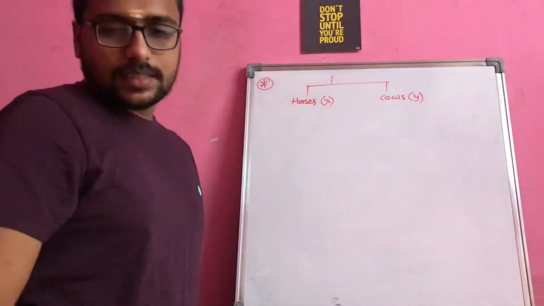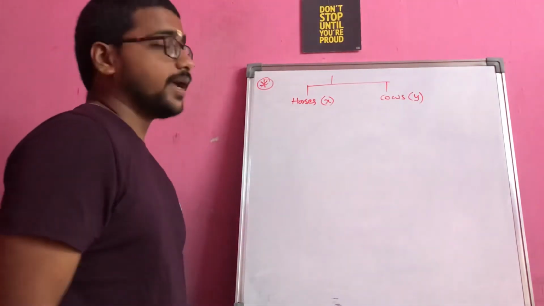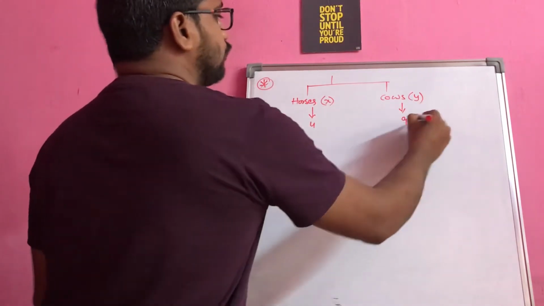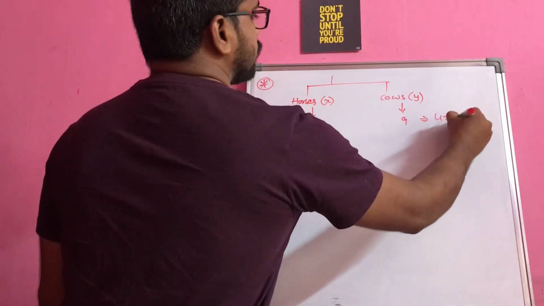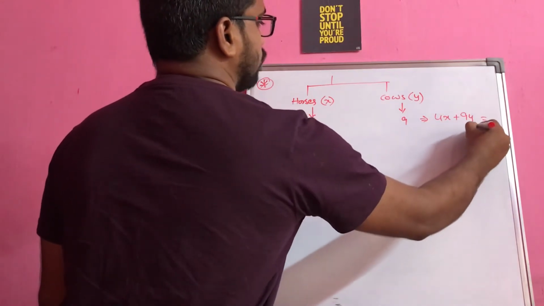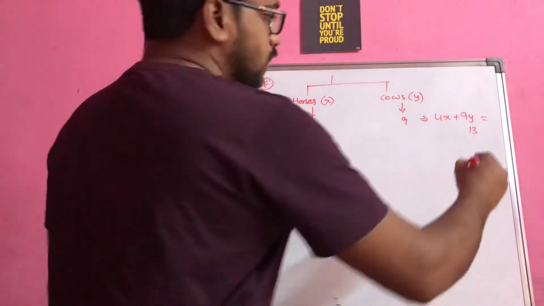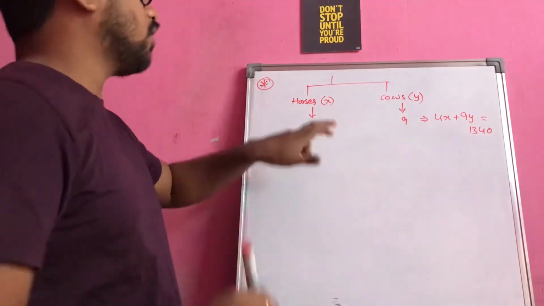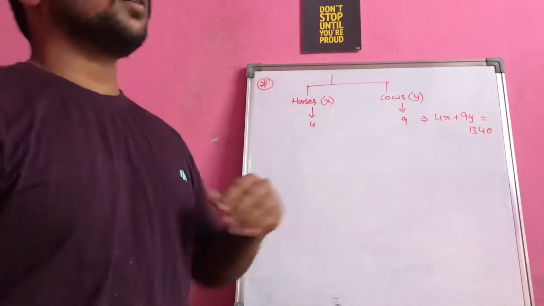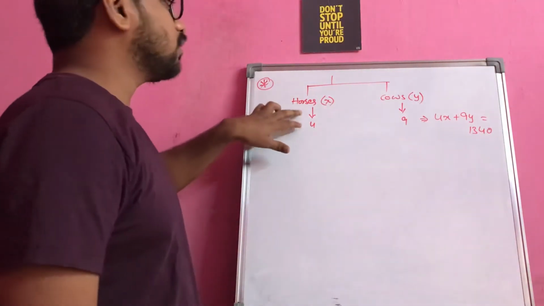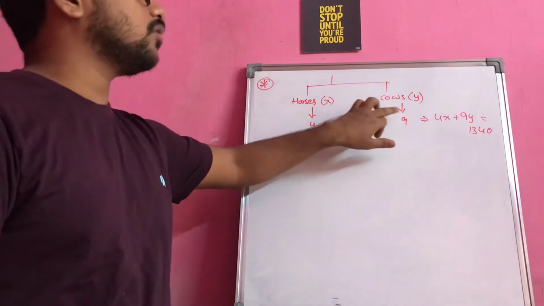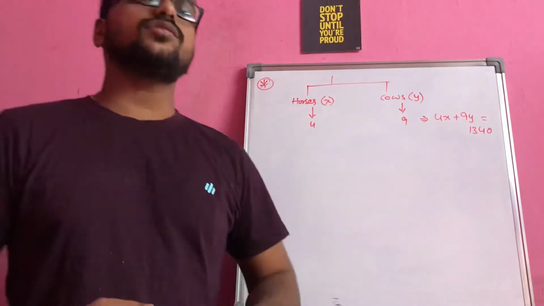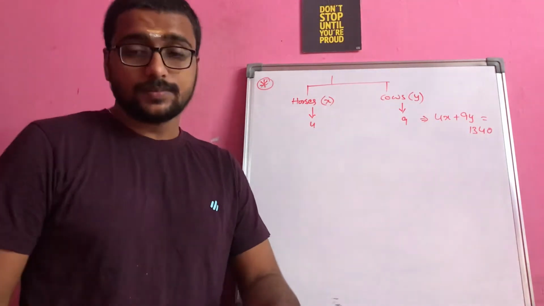What is the first condition they are saying? Has bought 4 horses and 9 cows. So that means 4 and then this is 9. So from this the corresponding equation will become 4x plus 9y is equal to some amount they had given, that is 1340. Right? So as each horse costs x rupees, each cow costs y rupees, to buy the horses he has to pay 4x amount, to buy the cows he has to pay 9y amount. So total 4x plus 9y together will give you 1340. That is the first condition for us.